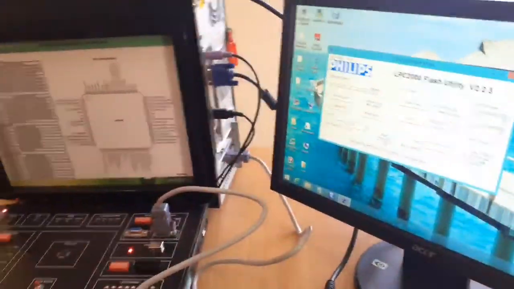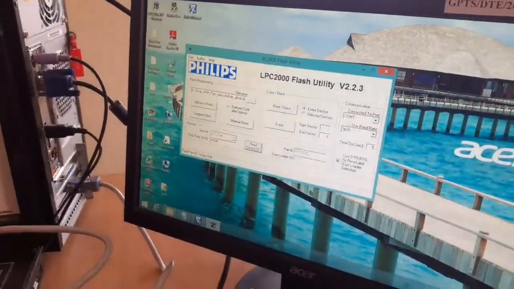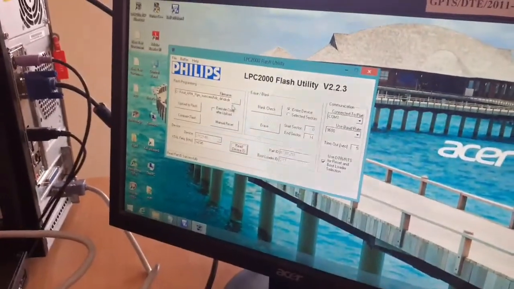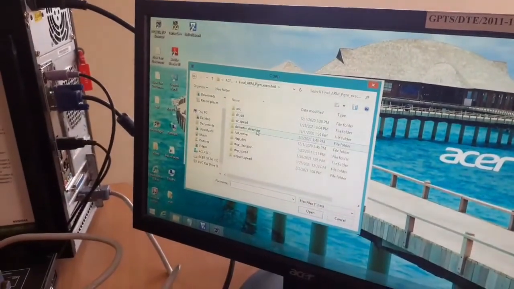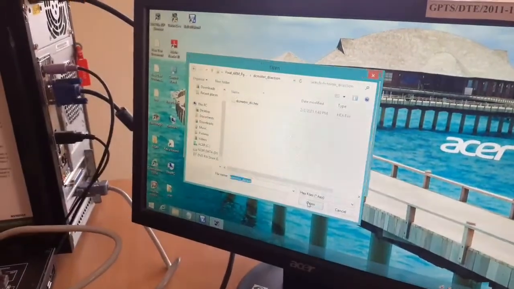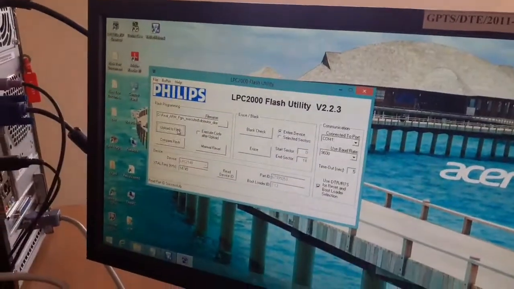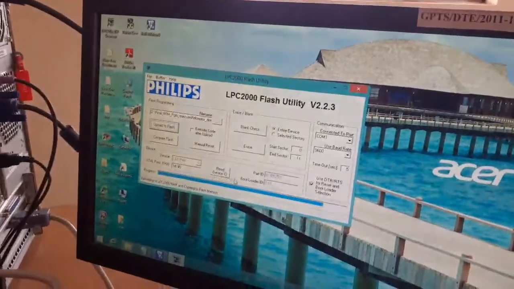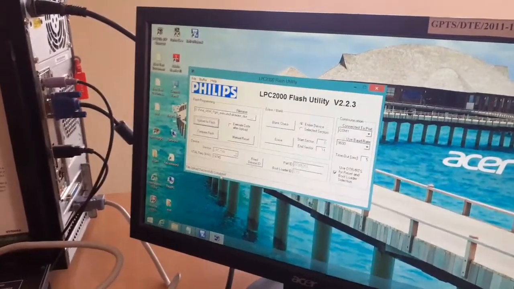Then click on Read Device ID to check the communication setup between the CPU and the ARM board kit. Click on Read Device ID. So now Read Device ID, part ID is successful. Go to Browse. Here select the DC motor direction dot hex file. Click on this. Click on Open. Then Upload to Flash. Click on Upload to Flash. See, the progress bar indicates it's uploading. The file upload has successfully completed.